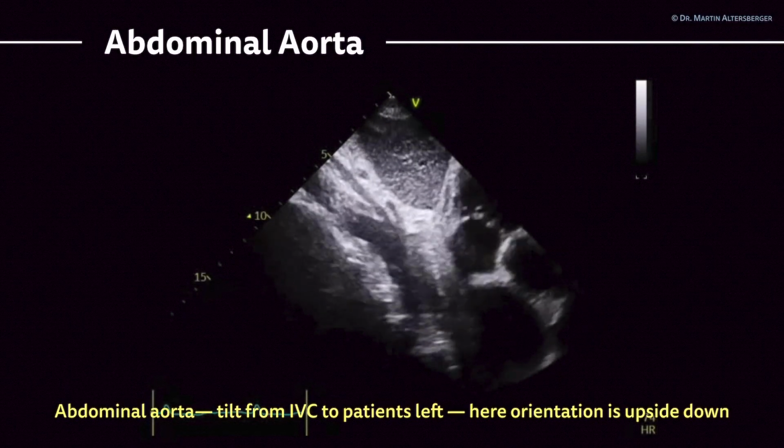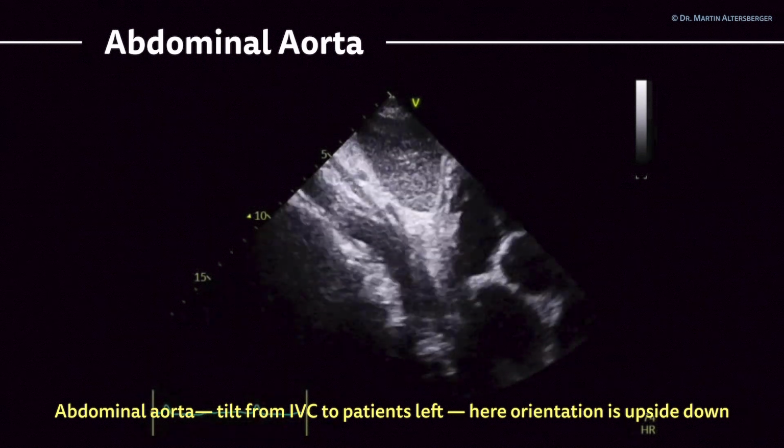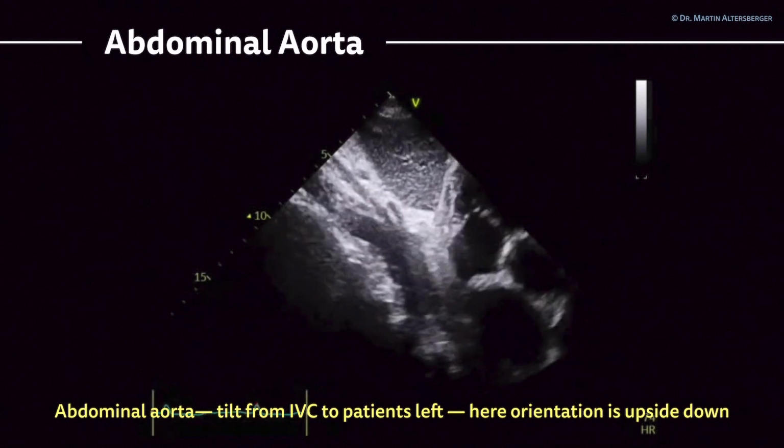We can continue and now move towards the aorta. Continuing from the IVC, we can also scan the aorta. So with the SVC as the continuation of the IVC, sometimes you still have to rotate a little bit,